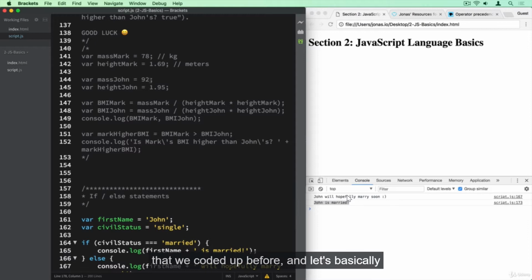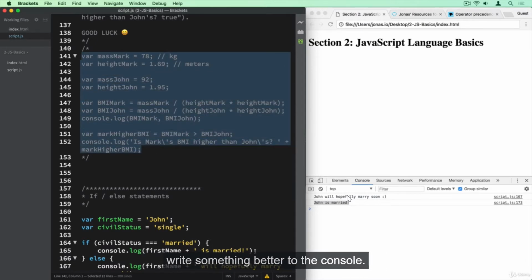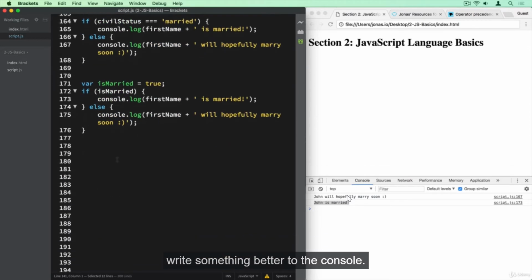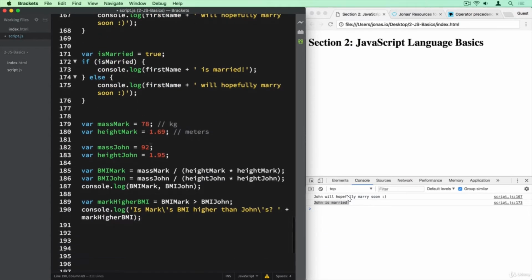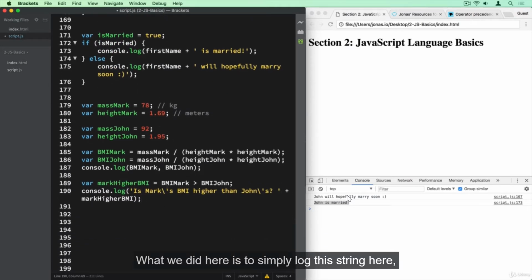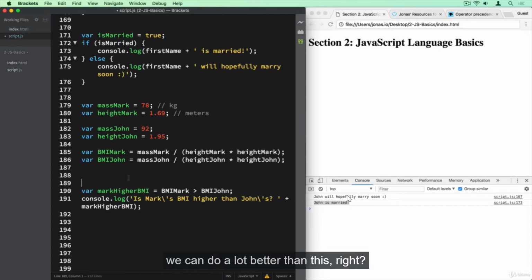All right, now just to finish this lecture, let's bring back the code from our coding challenge that we coded up before, and let's basically write something better to the console. Okay, so what we did here is to simply log this string here and then together with this true-false value. So that's not really the best solution, right? To just print true-false to the console. So now that you know the if-else statement, we can do a lot better than this, right? So what we can do instead of all of this, let's comment it out actually,